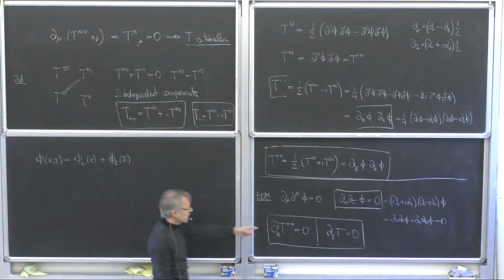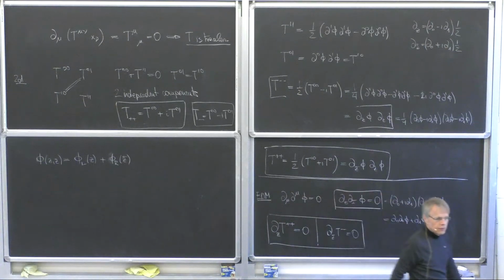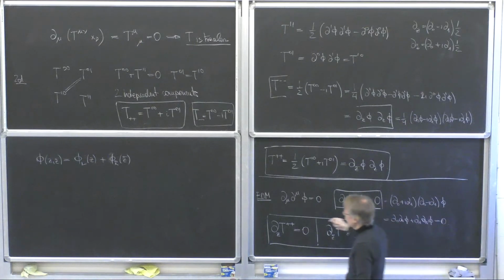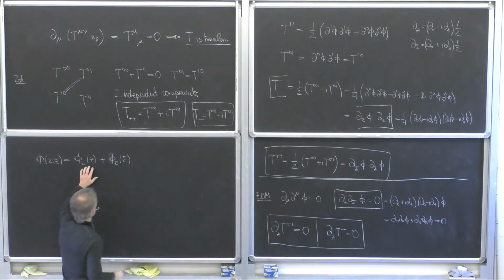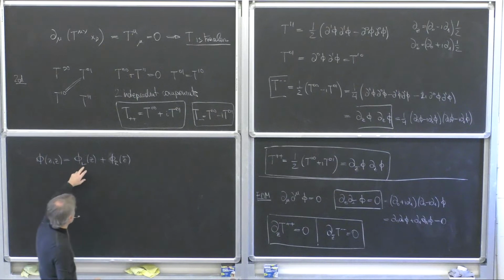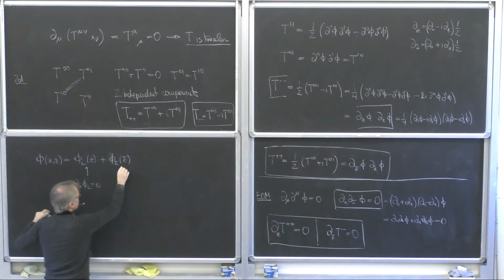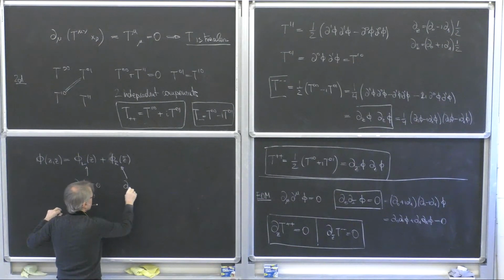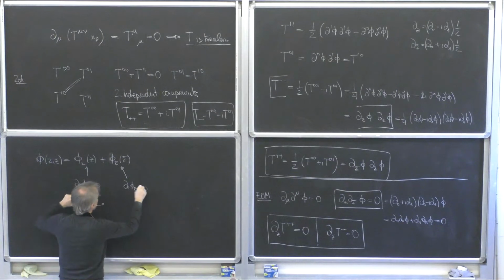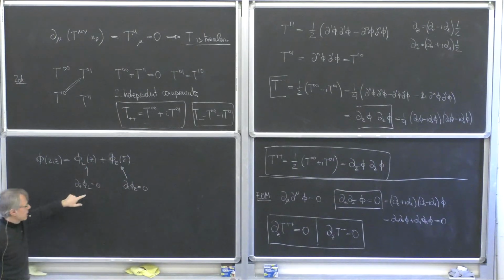Right? This is like the wave equation. If you have ∂_z̄ of something equal to 0, then the most general solution is something that is either purely left moving or purely right moving. So this means ∂_z̄ of φ_left is equal to 0, and ∂_z of φ_right is equal to 0. When I say this is a function of z, and this is a function of z̄,